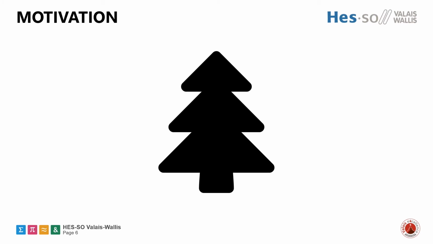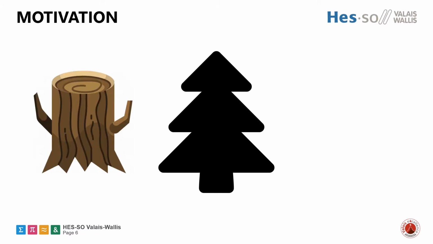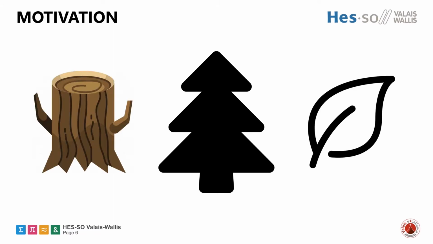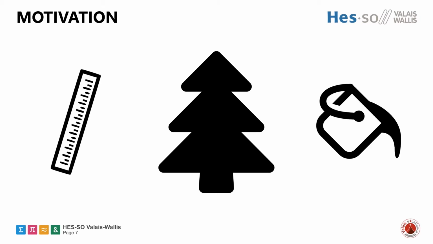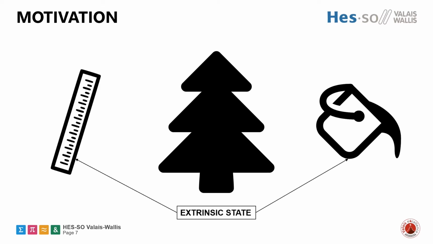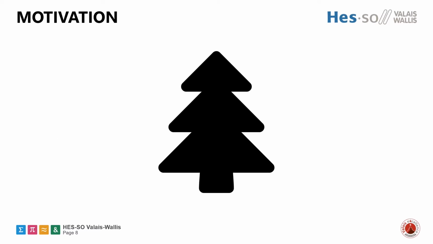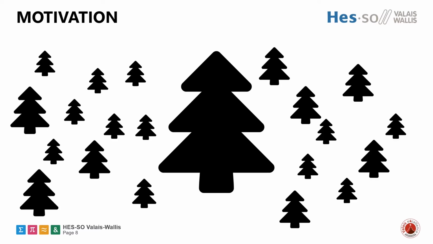All these trees have some common features like the bark or the leaves, and these properties that are common to all the trees are called the intrinsic state. Then a tree will have unique features that belong only to it, for example its size or its color, and these unique features proper to one tree are called the extrinsic state. So in order to create a forest, we will create a lot of tree objects that start with the same features, the intrinsic state, but that will change according to their unique features, the extrinsic state.